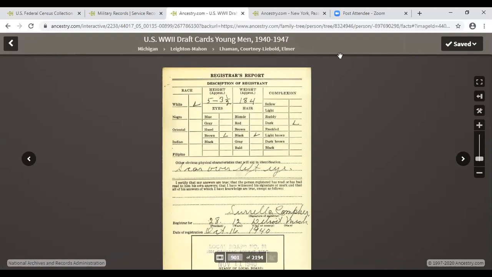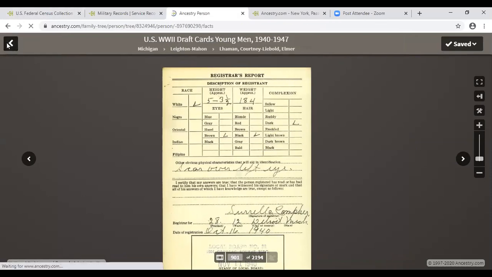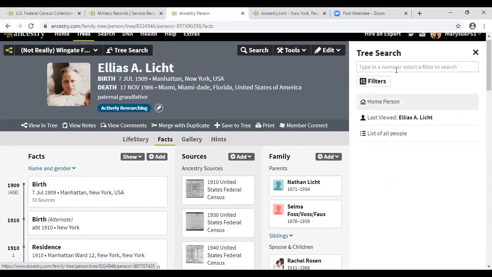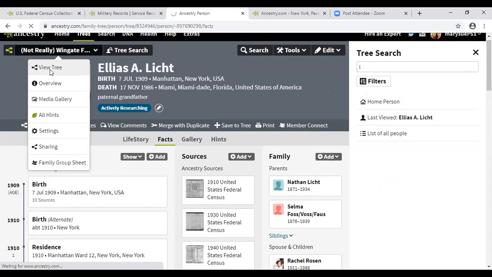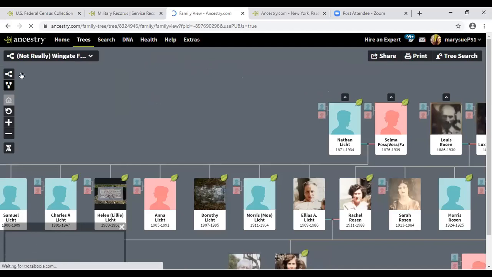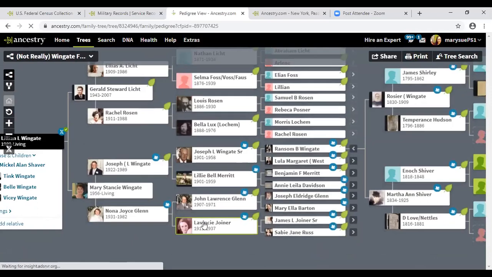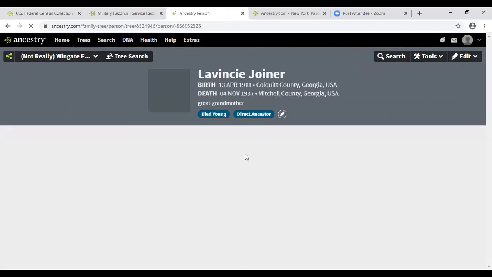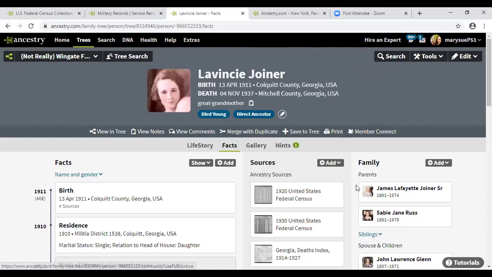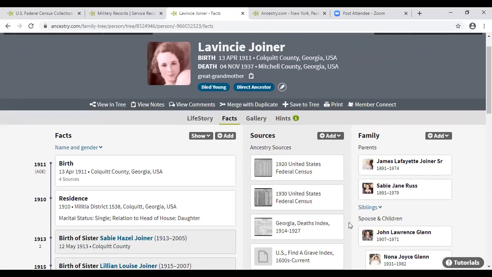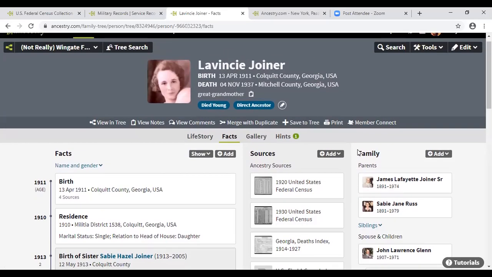Not by much, though. And as a quick example, let's see, I'm trying to remember who I'm searching for real quick. So this is my great-grandmother on my mother's side, who died when she was 26 years old. And what's kind of interesting,